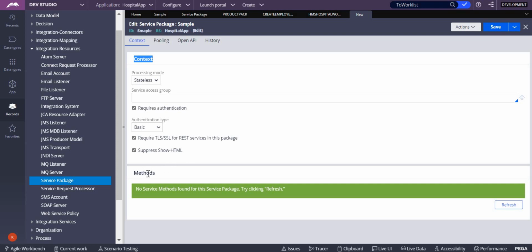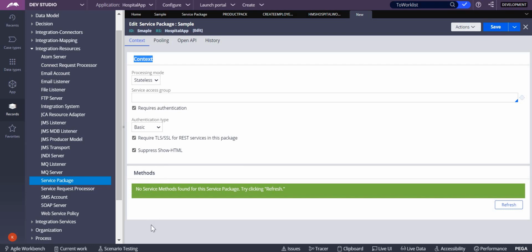Before creating any service rules, first you have to create this service package. Once you create your service rule, at that time you have to mention to which service package it belongs. Once your service rules are created, whatever package you selected, those things will come under methods.